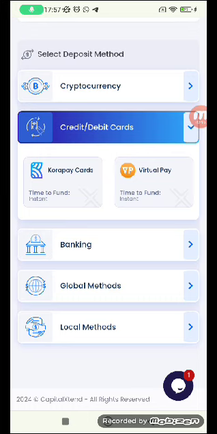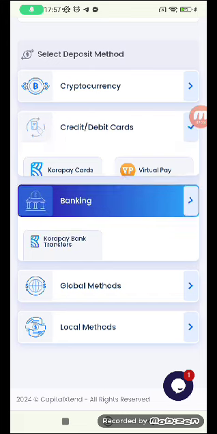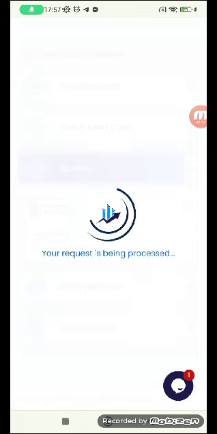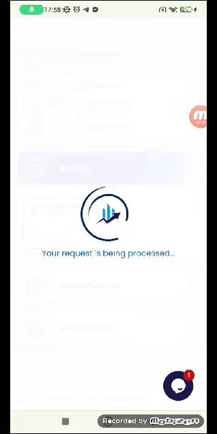And there are two options here. You can use KoraPay cards and virtual pay. But now I want to walk you through the option of transfer. So click on banking and then choose KoraPay Bank. Okay, KoraPay Bank. Good. So when you choose KoraPay Bank,